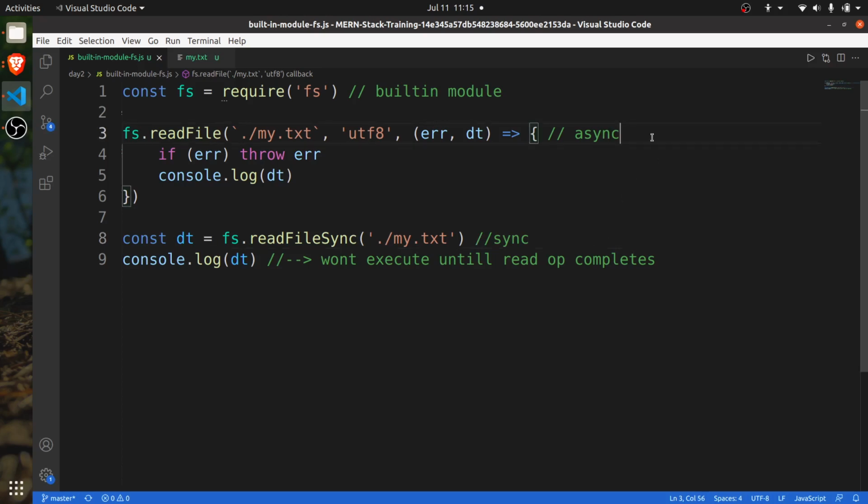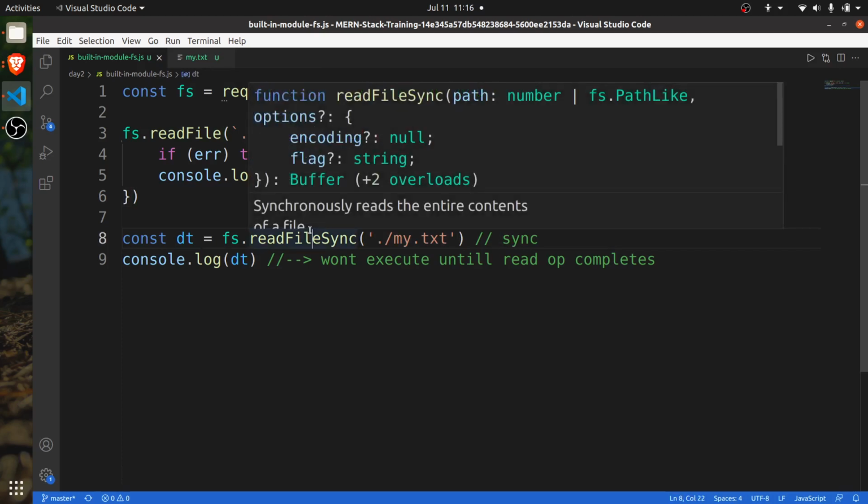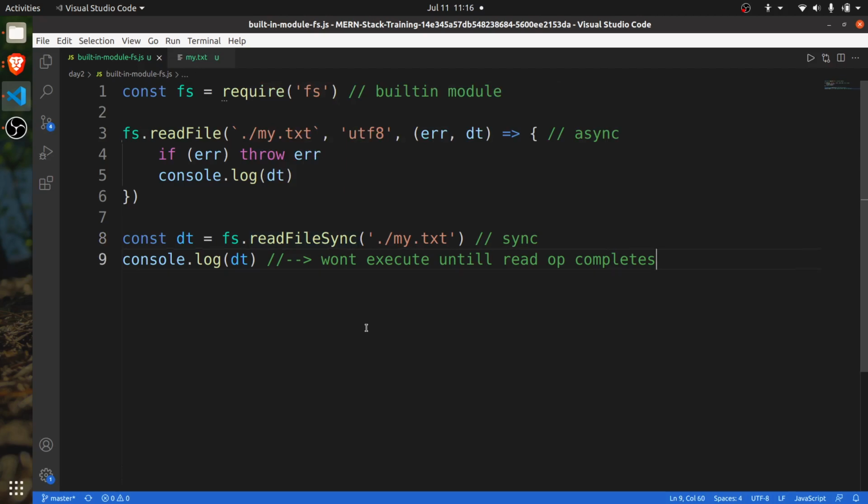Whenever you read the file by means of this function, after completion of reading, you will get a callback. That is a callback function. And with the sync version, your program execution will be blocked until the complete file is read. So this one is asynchronous, and that's why the other is synchronous. Write also comes from the same flavor, fs dot